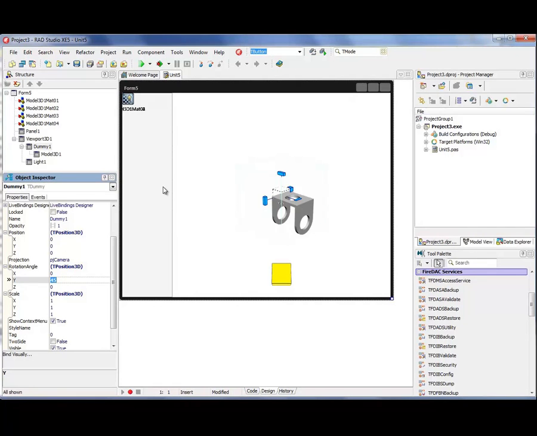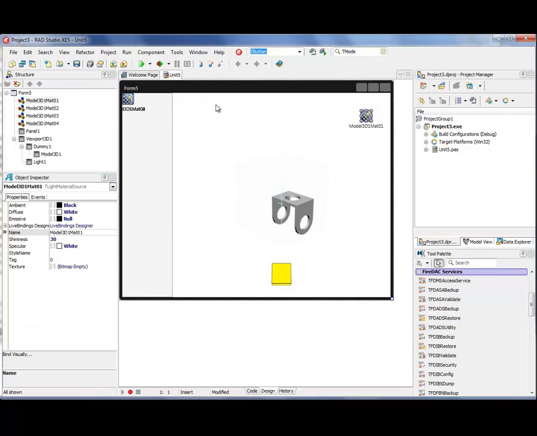The main difference from the viewpoint of Delphi is that in DAE format we have not only one but many components for material. In our case, there are 4 of them, because we have one main detail and 3 holes.